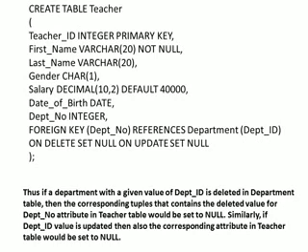Similarly, if the department ID value is updated, then also the corresponding attribute in the teachers table will be set to null. It means that as the foreign key we have made it reference the department ID of the department table. So if we are changing any department ID in the department table, then all the tuples of that particular ID that has been updated have to be set to null in this teacher table.